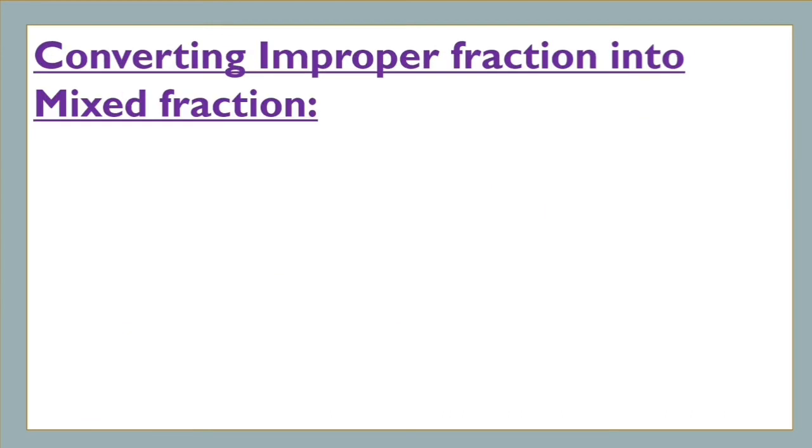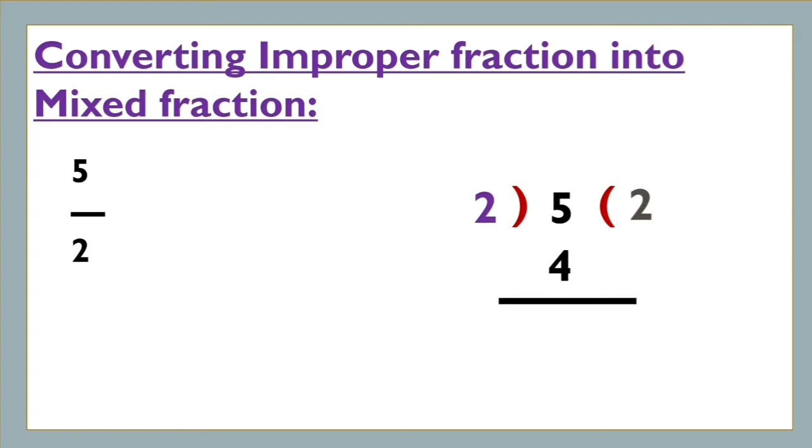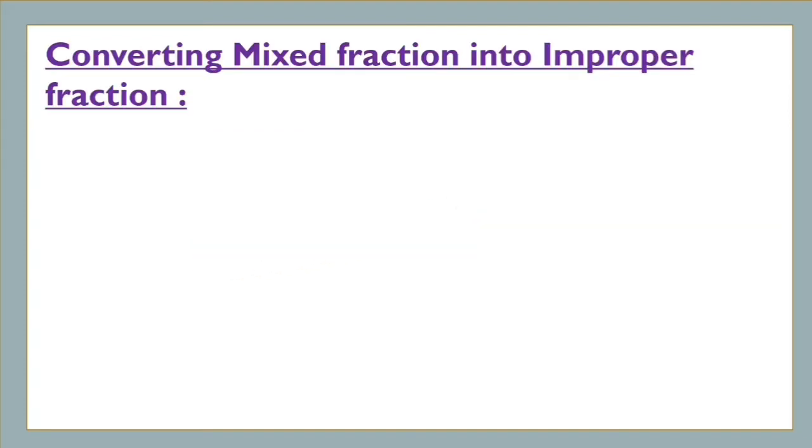Okay. Now converting improper fraction into mixed fractions. See one more example, 5 by 2. Here observe that directly we are doing: take the numerator 5 and divide with the denominator, that is 2. We know that 2 2s are 4 and the remainder is 1. And observe that we get 2 wholes. That means write 2 and 1 piece left. So write 1 by 2. Observe that here 1 piece left, and the same denominator 2 we will get here. So 1 by 2. Okay. So like this we can convert.